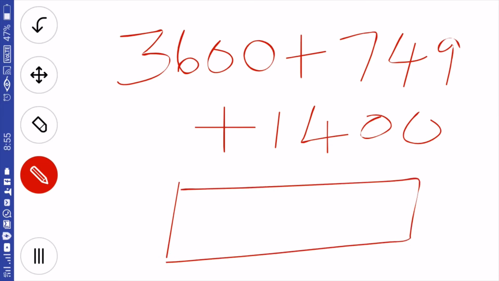What did you get? Yes, you are correct. Here 1000, 3000, 4000, then 5000, 5749. Yes, you will get it like this. So this is the concept-based addition. So we know the concept of the numbers and then we add differently to save the time. Okay, children, like this addition can be performed, and we are going to apply some more properties of addition also in the next upcoming videos.